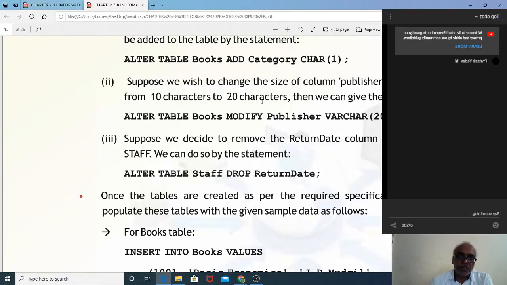You write alter table books modify column publisher varchar 20. So now you can store up to 20 characters in the field publisher.